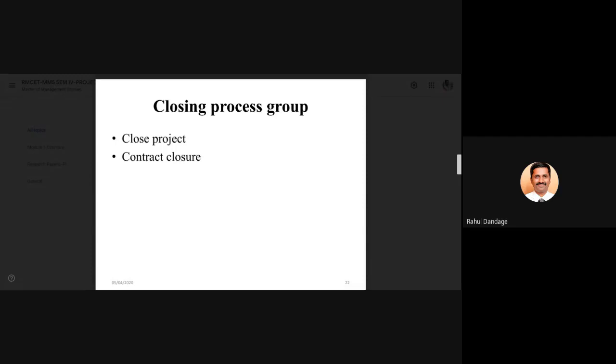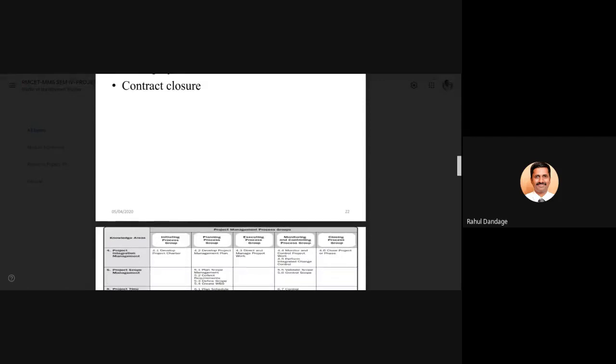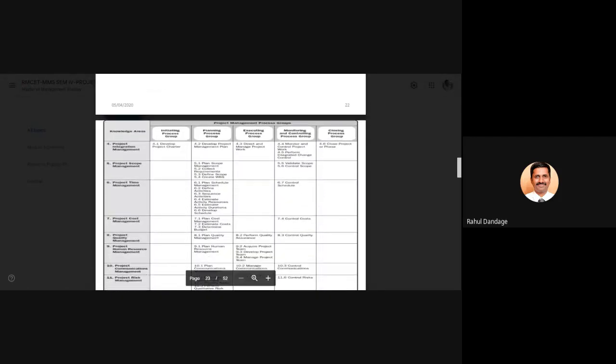So what we have considered was about the project management process groups. As we have discussed, there are 5 process groups: initiating process group, planning process group, executing process group, monitoring and control process group, and finally the closing process group. Now, the second thing we discussed in the beginning is that today we are going to learn about two different things. One is project management process groups, and second is the project management knowledge areas.